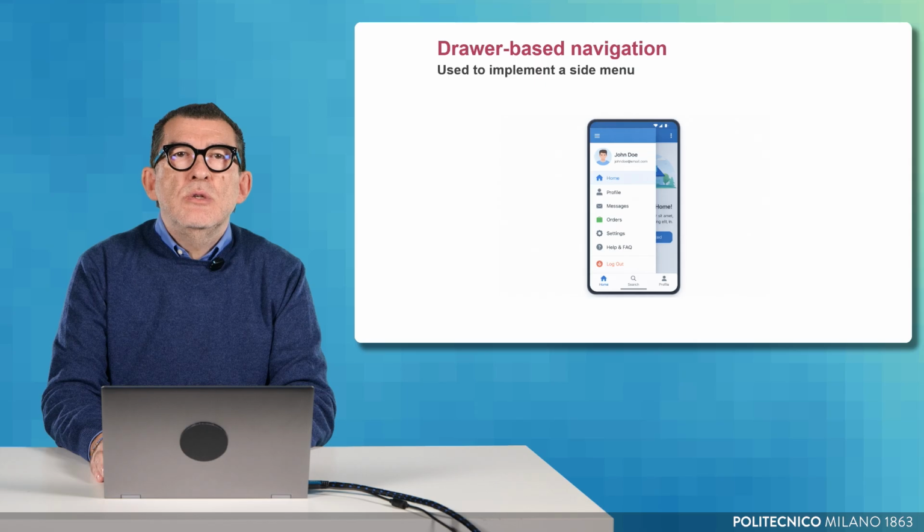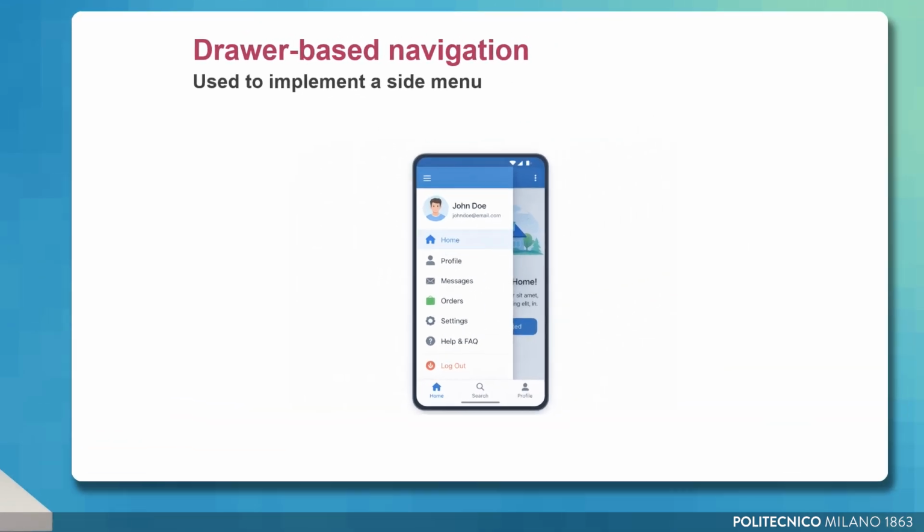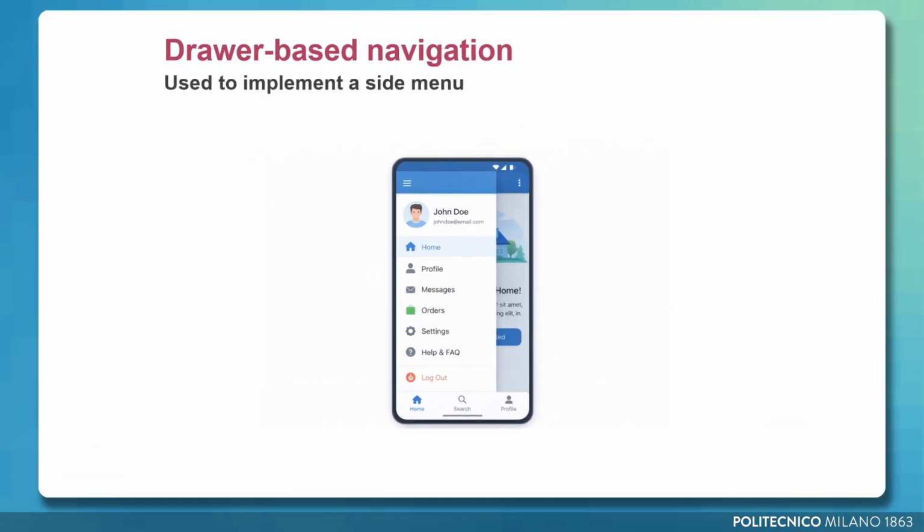The last option is the so-called drawer-based navigation. It's called a drawer because it works like a side menu that can be opened and closed, similar to pulling out a drawer. There are typically two ways to open it. Most apps provide a small icon in the app bar that users can tap to reveal the side menu. Alternatively, users can swipe from left to right to open it, just as if they were physically sliding a drawer open. Inside the drawer, we usually place the main sections or primary screens of the application.